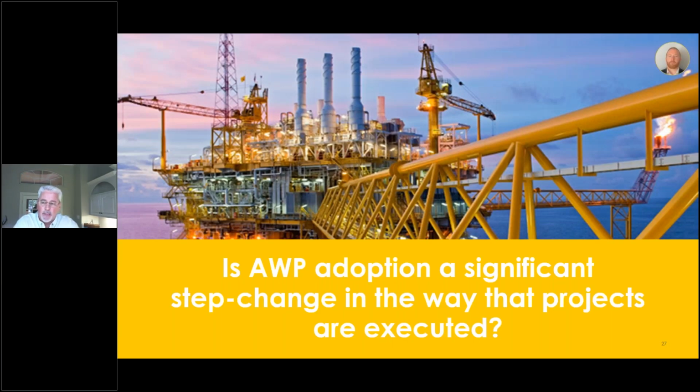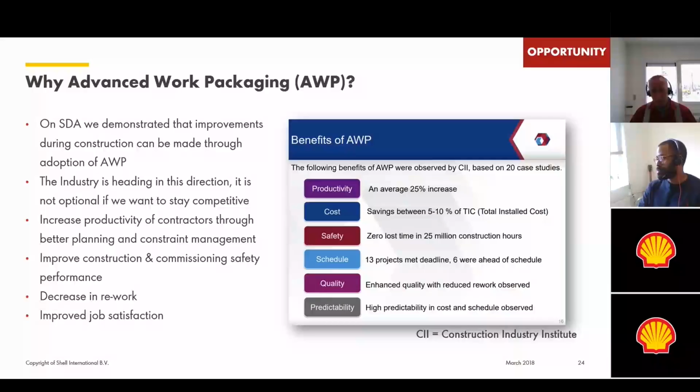Just for the audience to set this up a bit more, I wanted to make sure you were aware this contract type is an EP and a separate C. So in this case, we're utilizing the platform as described here in order to do the engineering procurement work, with the expectation that the construction portion of the work would be executed in the same manner with the tools. The next video that you'll see is one of the project manager for Red to Green, Rob Snoren, and he's going to give you just a real brief overview of what the benefits are.